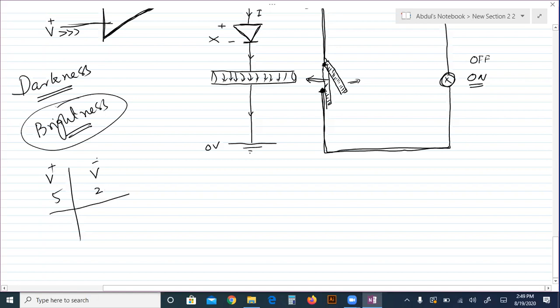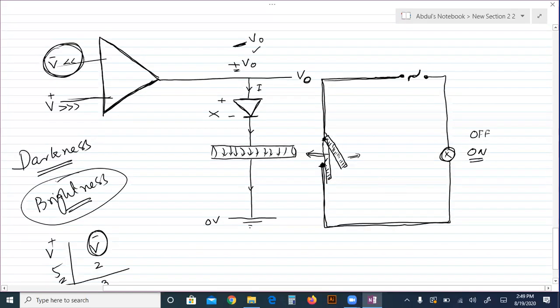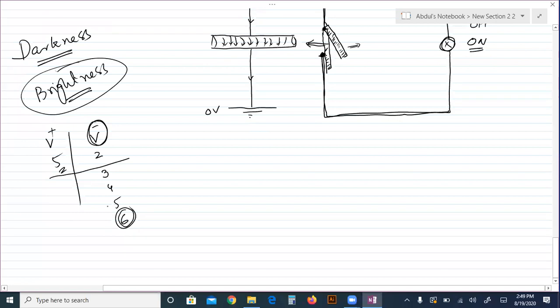now this voltage is increasing. It becomes 3, 4, 5, and 6. When it becomes greater than 5, then definitely there will be negative output and the street light will be switched off. But the problem is when both become equal,